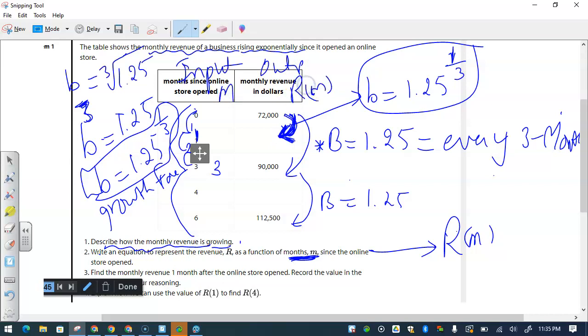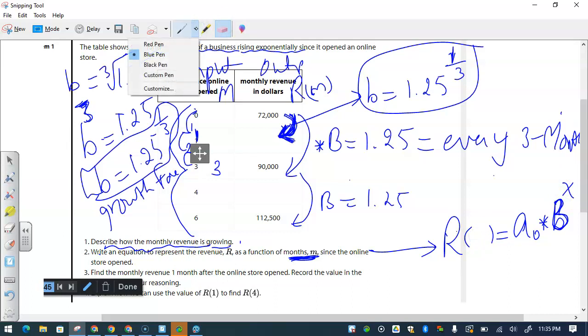By formula, as we see on the anchor chart, it is also B raised to X. So what is X? If this is X, that means X stands for